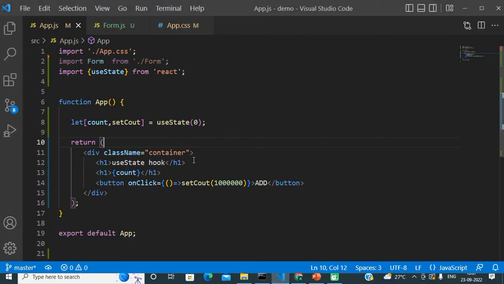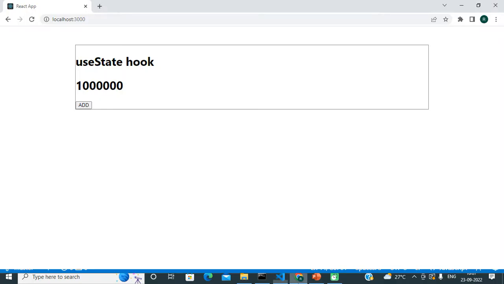And obviously friends, it is normal JavaScript. React is a JavaScript library, so all concepts are based on JavaScript. So even though our initial value was the number 0, definitely we can update it with any string value. So let's say India. My initial value was 0, but later I am updating it to the string India.